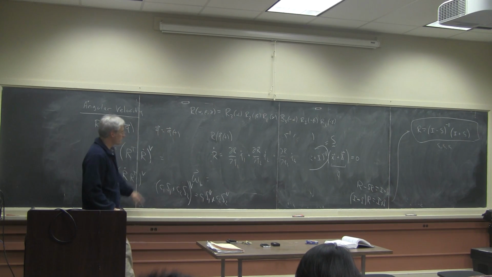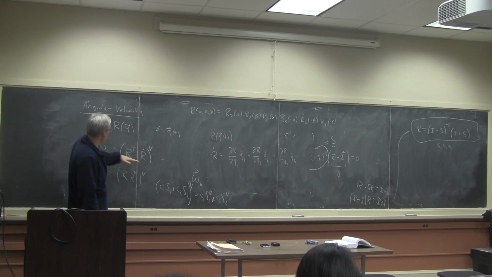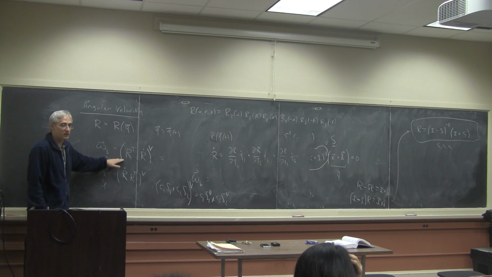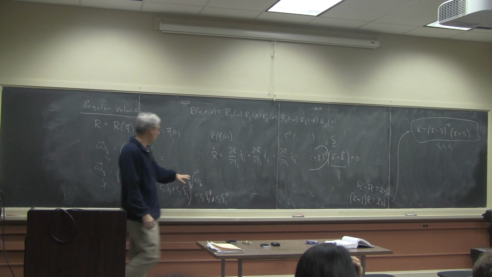So, using this fact, together with the chain rule and the definition of angular velocity, we can write omega b,